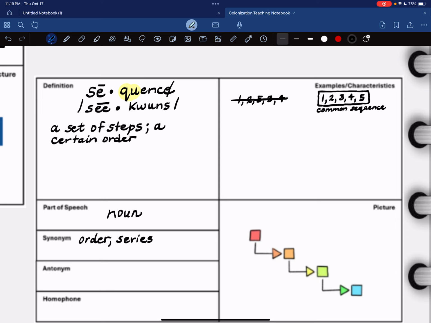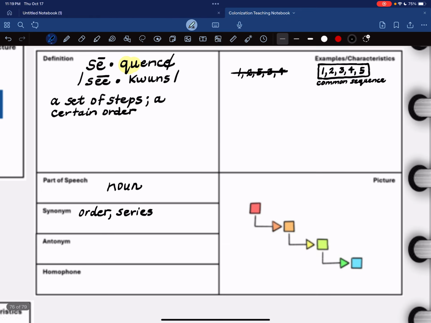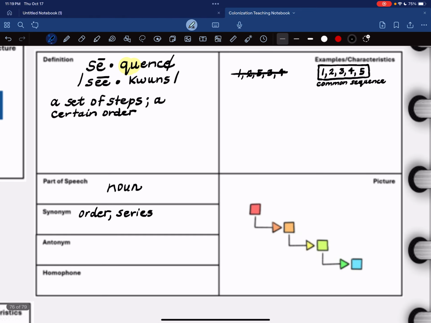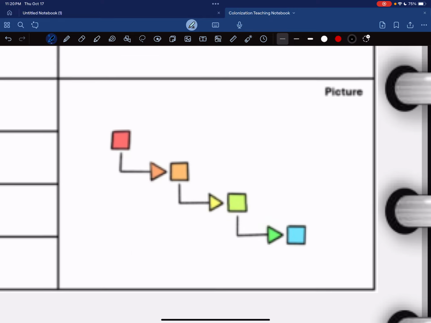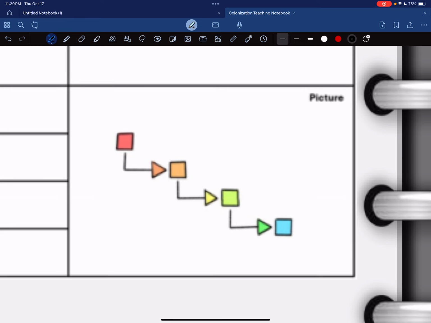Let me go ahead and look for antonyms of sequence. I can think of some, but I'm not sure that they would relate to what we're doing. And I don't see any that I want to use. So let's leave that one blank. I do not know of a homophone for sequence. Let's look at this picture, and then I will go back to characteristics. There are 2